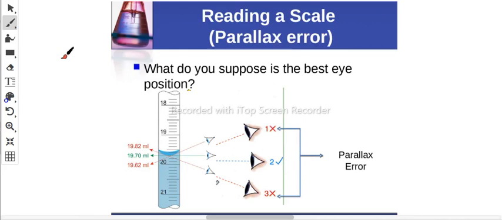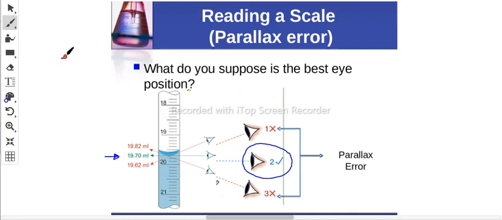Whenever you want to read a graduated cylinder, a pipette, a thermometer, you need to have your eyes parallel to the scale as described in position number 2. So inside this figure, I have a certain volume of water presented inside the graduated cylinder. Whenever you want to read, your eyes should be parallel to the scale, so your reading will be 19.7 milliliter